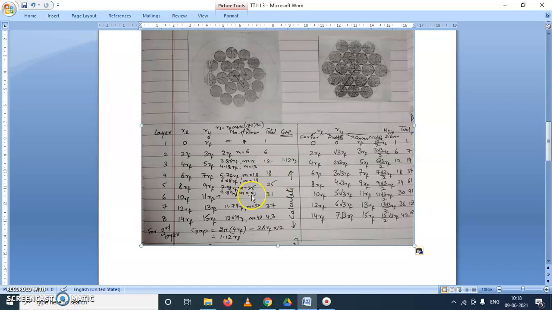Now 18 plus 6 is 24. Now for 24 we'll also find this value, and for 25 also we'll find this value, and we find that for 25 we'll get 7.98 RF, which is less than 8 RF. So one extra fiber as compared to hexagonal packing in this layer, the fifth layer. In fifth layer there were 24 fibers in hexagonal, but in this one more fiber has been accommodated due to the gap. Now next is add 6 again.